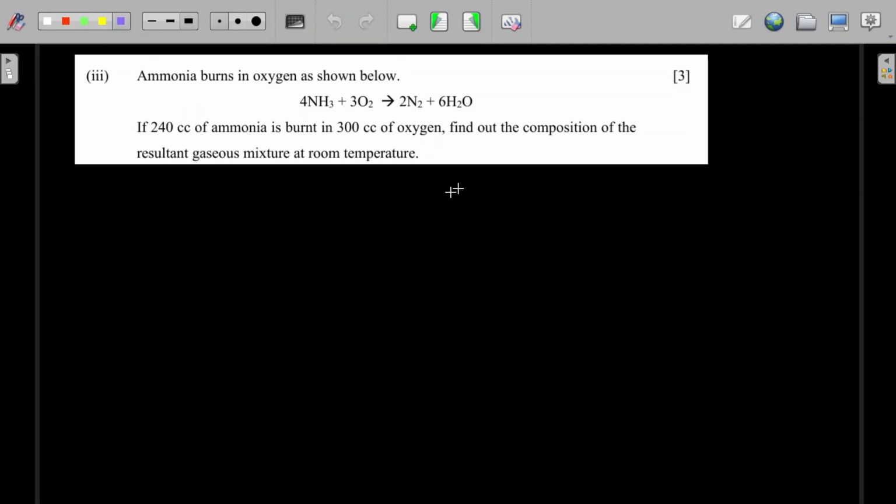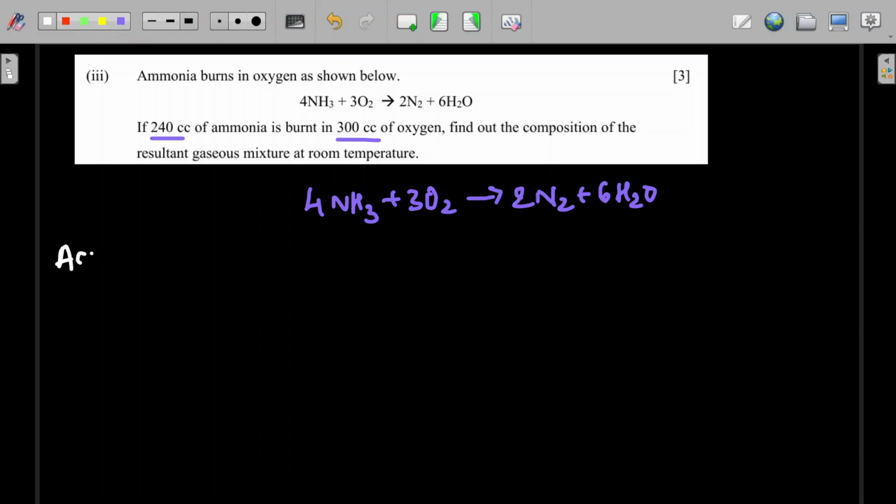Okay, try to solve this, all of you. Ammonia burns in oxygen, the equation is already given. Rewrite the equation. 2N2 plus 6H2. What they have asked here: if 240 cc of ammonia is burnt in 300 cc of oxygen, same kind of question. Okay, so what you have to do here, according to Gay-Lussac's law,